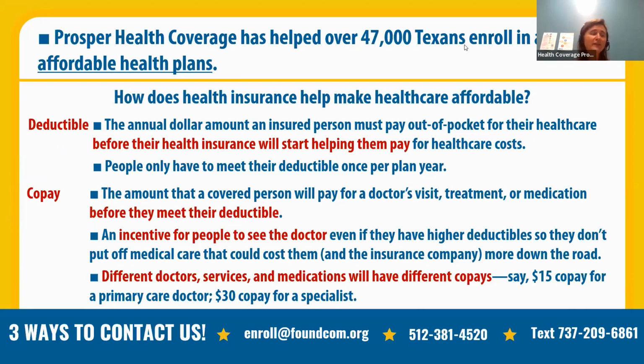So copays, the fees that people pay that will give them access to doctor's visits or medications usually before they have to meet their deductible. So if somebody needs to go see a general practitioner because they have a sore throat, generally a doctor's office will charge maybe $150 or $200 for that visit. If somebody has a $10 copay set up with their health insurance company, they pay $10 and the insurance company pays $140. And then that person goes to at least have a conversation with the doctor before they have to meet their deductible.